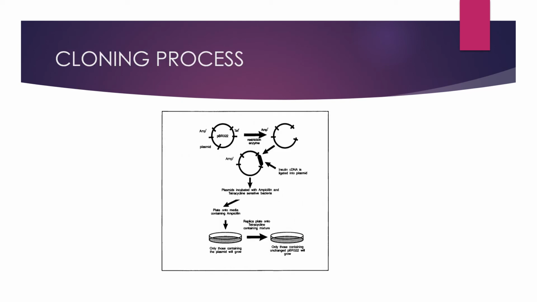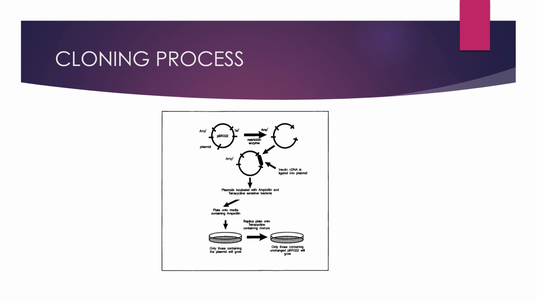Let's talk about how pBR322 is used in the cloning process. As we can see in the picture, pBR322 has the origin of replication site, the ampicillin resistance gene site, and the tetracycline resistance gene site. Now using the restriction enzyme BamHI, we cut at the BamHI restriction site and insert our gene of interest using ligase. Now insert the